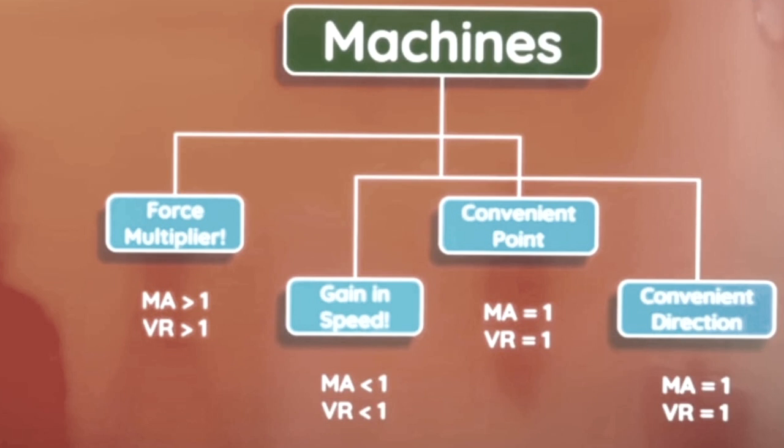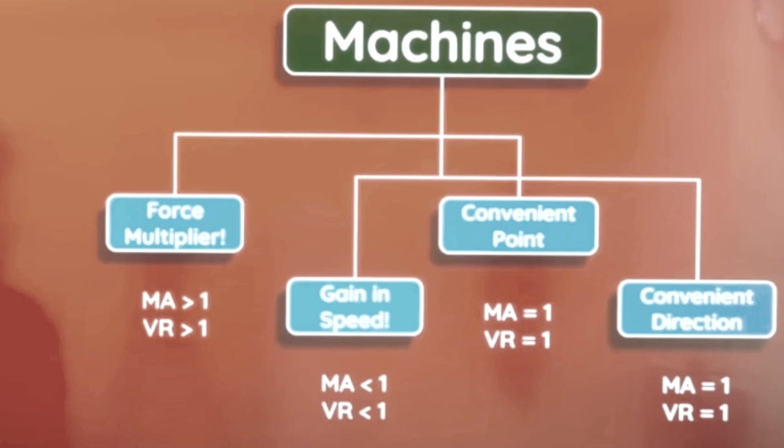Also, velocity ratio, that is displacement of effort by displacement of load, will be less than 1. Hence, mechanical advantage and velocity ratio is less than 1. Now, when a machine is used to change the direction of application or point of application of force,